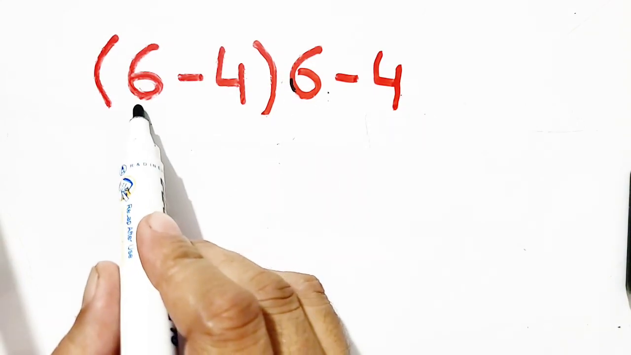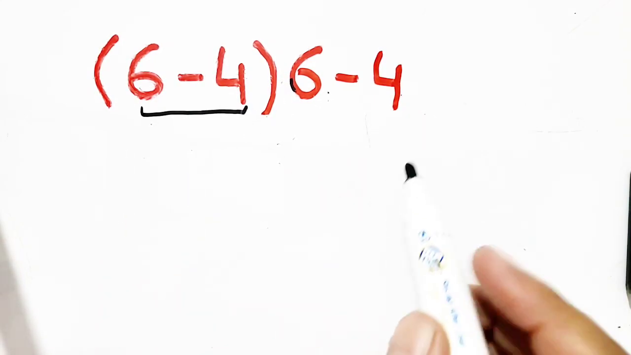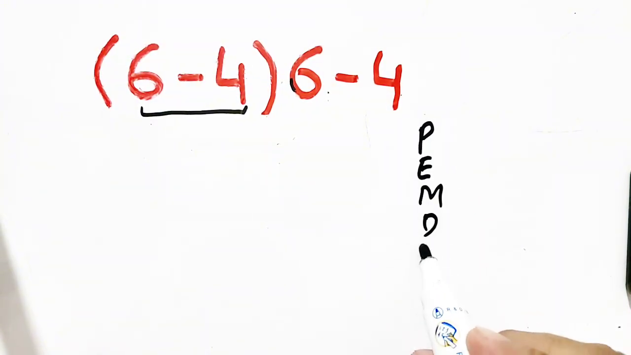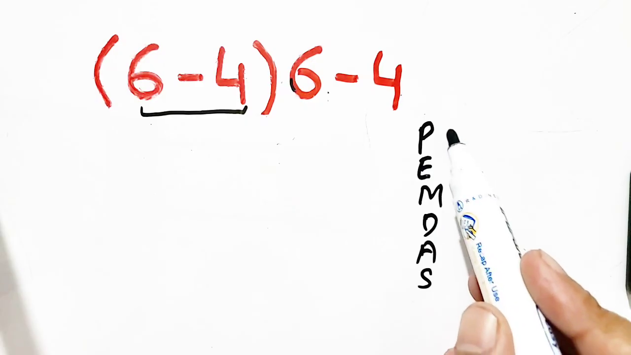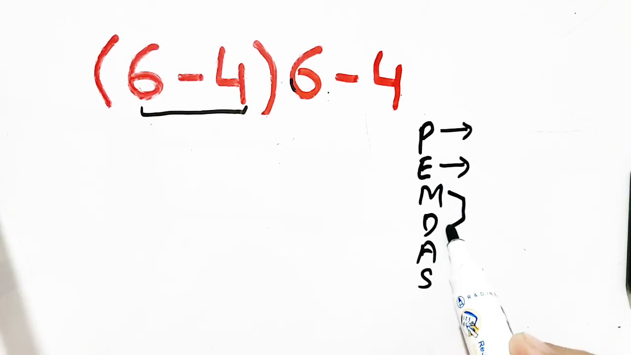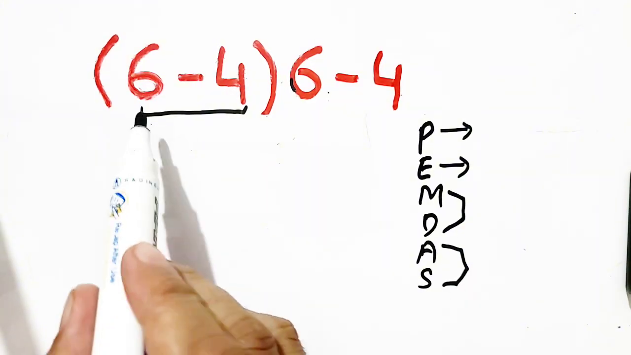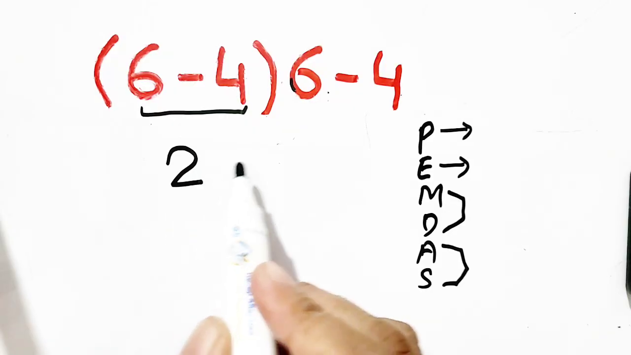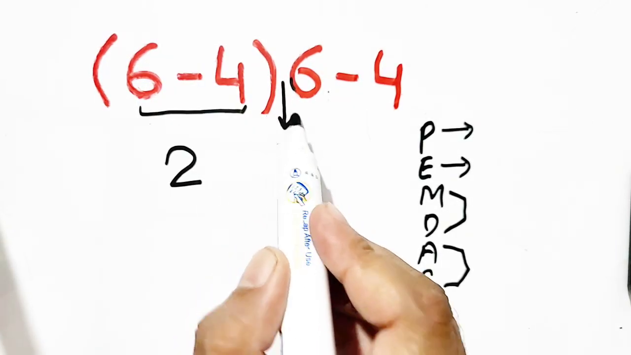Now, first of all, we have to solve the parentheses according to the PEMDAS rule. According to PEMDAS, first of all, we have to solve parentheses, then exponent, then multiplication and division, then addition and subtraction. So, the parentheses have 6 minus 4, which will become equal to 2, and here there is no sign,